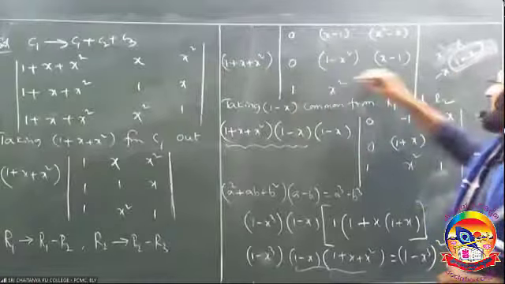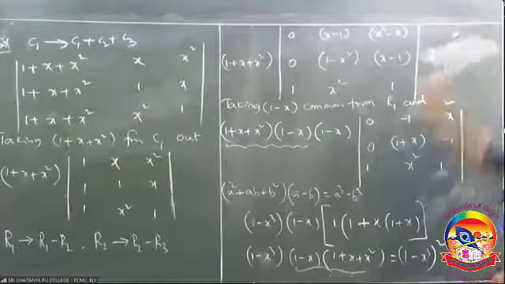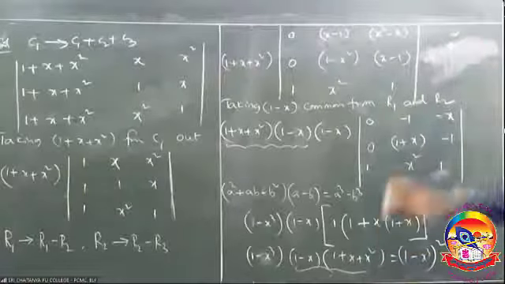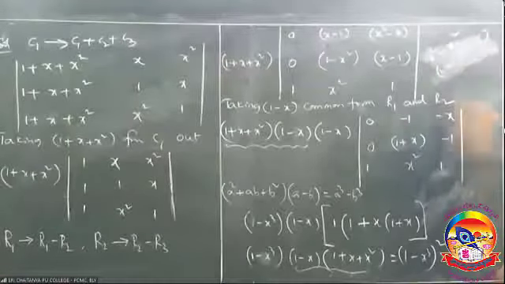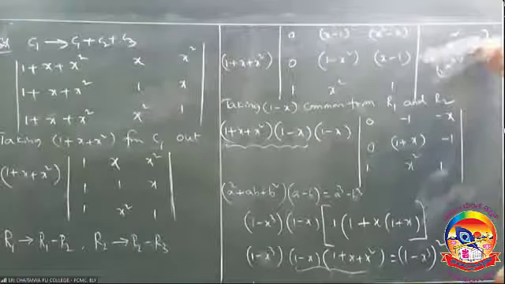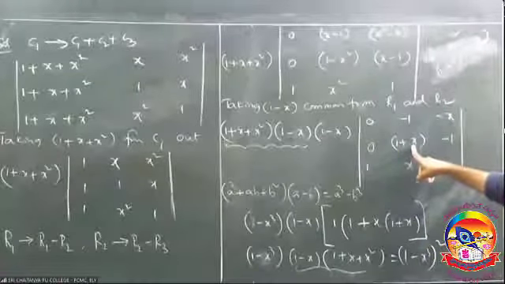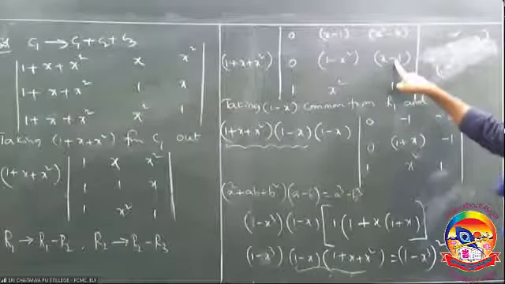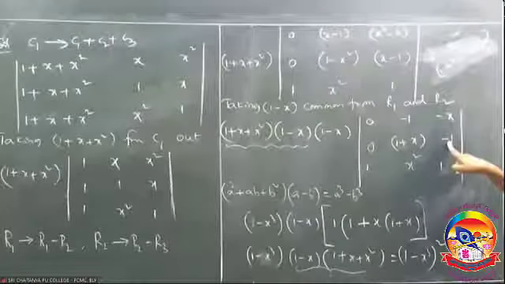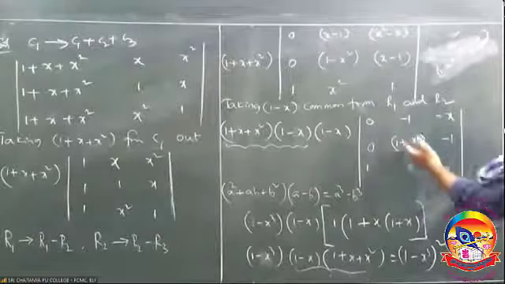So this is A square minus B square. Observe, 1 square minus X square. A square minus B square can be written as A plus B into A minus B. We took this one out, so you will have only 1 plus X. Right. And here you know X minus 1. If I take 1 minus X common, I am going to get minus 1 here. Right. Now I hope you understood this.